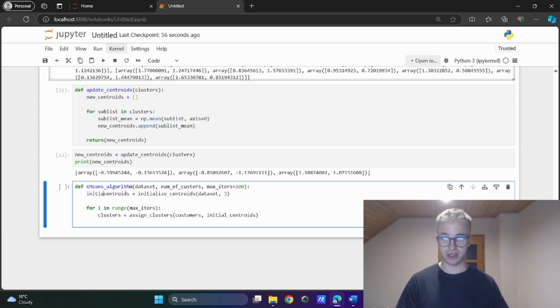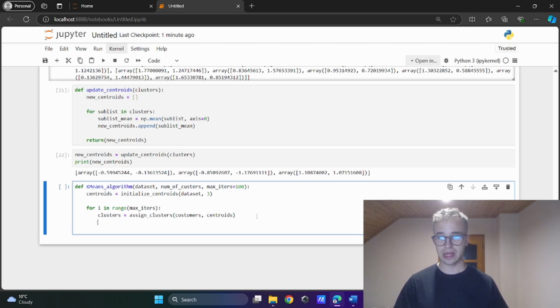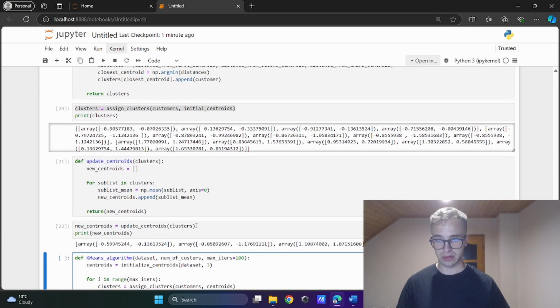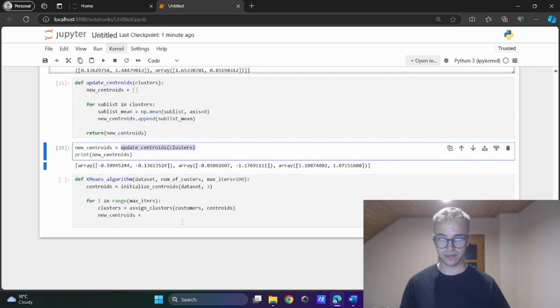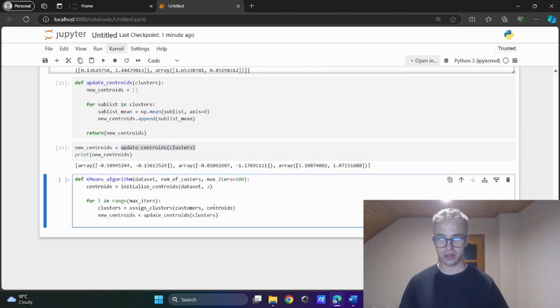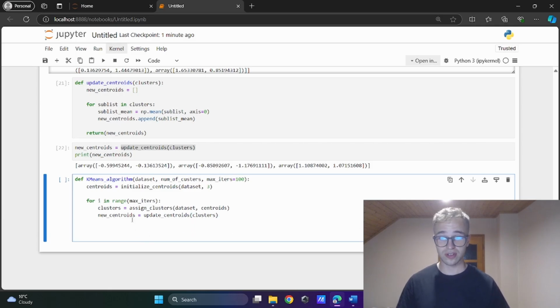I will rename these initial centroids to centroid in this function only, and then I need to create the new centroid. I have the initial centroids or the centroids. Now to create the new centroids, I will use this function update centroids, and here the customers is our dataset. Also clusters here. Okay, that's okay. And if the new centroids are the same as the centroids, we don't need to iterate all 100 iterations. I will use some numpy function for this. So if numpy all